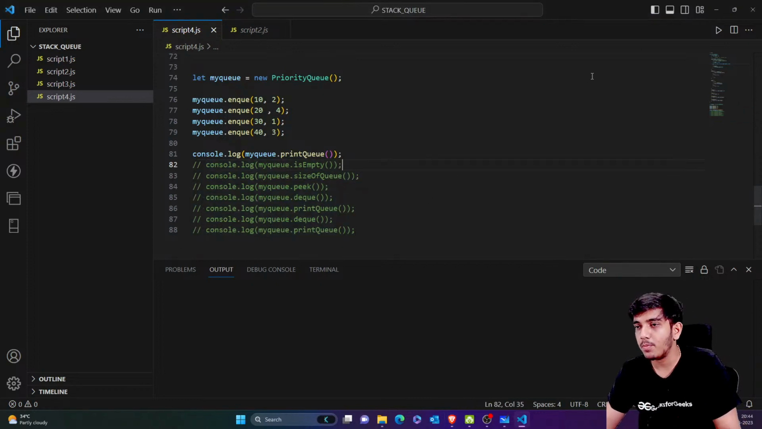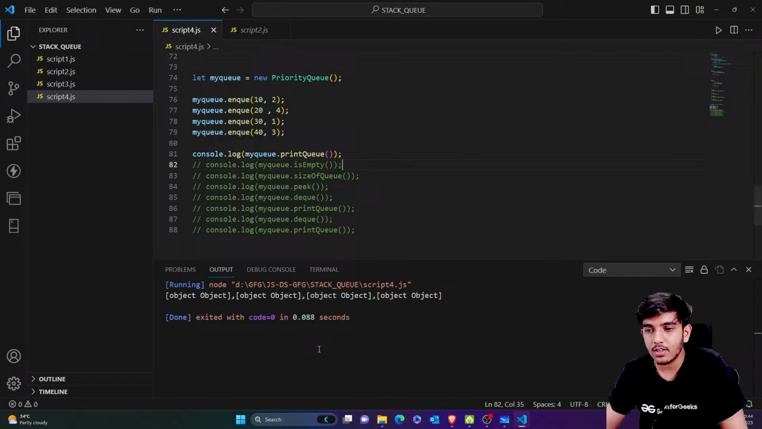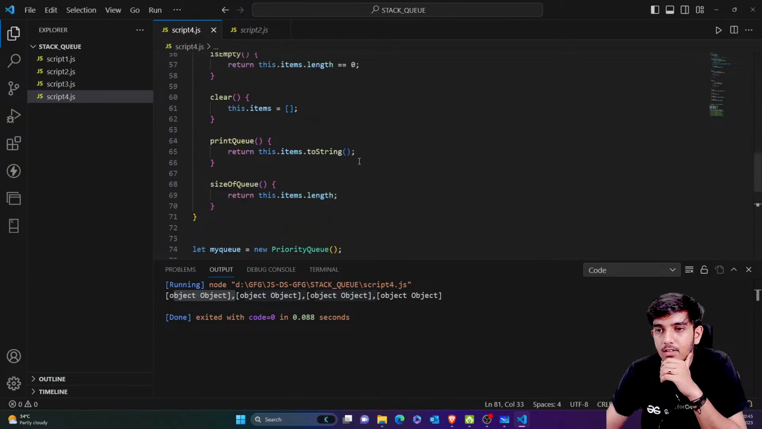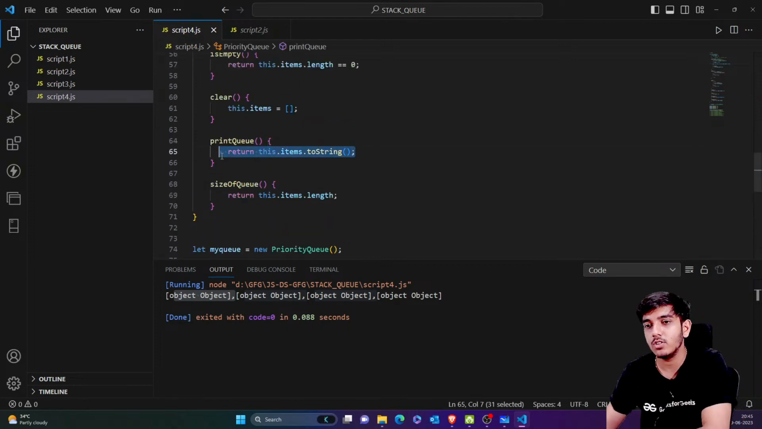So now let's try to print this. We'll check if there is any error. You can see we are actually getting an object. Let's try to get the first value. We are actually trying to print this in a string format. So instead of this, what we'll actually do is